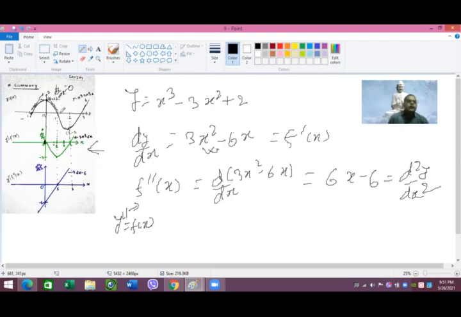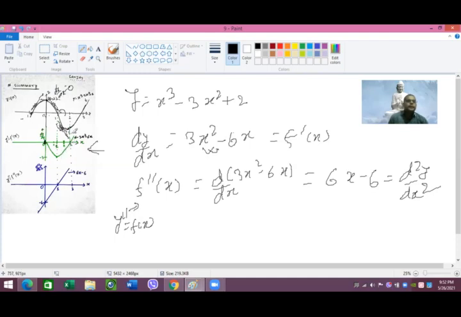Because at this point, the gradient makes an obtuse angle with the x-axis, and therefore the gradient is negative, and the graph of this function also shows that this is the negative part. And from 1 to just before 2, you can see that the gradient dy dx value, if you draw the tangent over here, is still negative just before that. So from 1 to 2, again, you can see that the part of the curve is in the negative